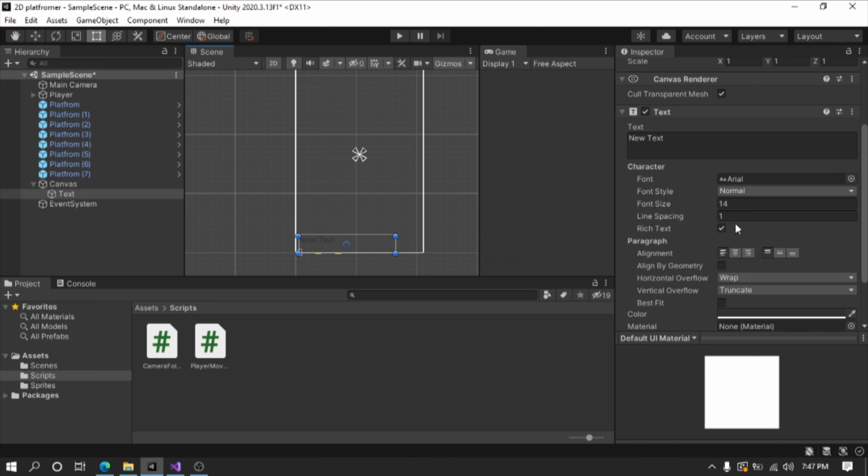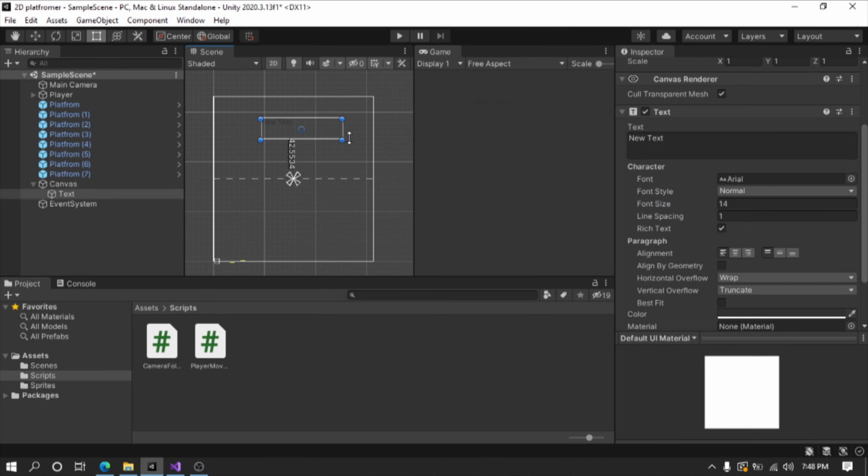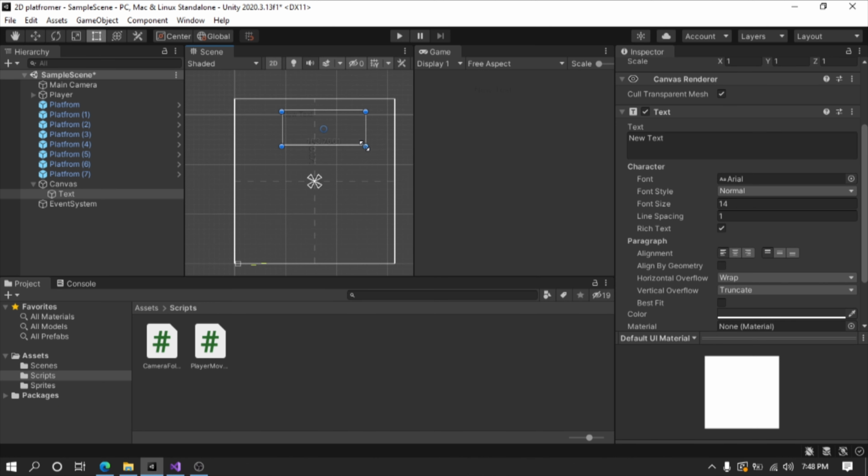So now I'm just going to select the text component and let's take it to the top here and make it a little bit bigger. I can also press down Alt and resize this from the center, but as you can see, it doesn't change the text size, it just changes the boundaries. So in order to change the font size, you need to go here and type out the size. So maybe 20, and I'm going to align it to the middle in both axes. 30 looks fine for me right now.